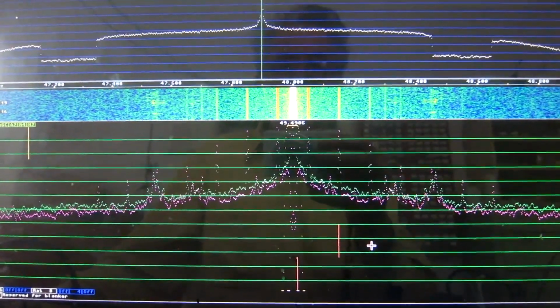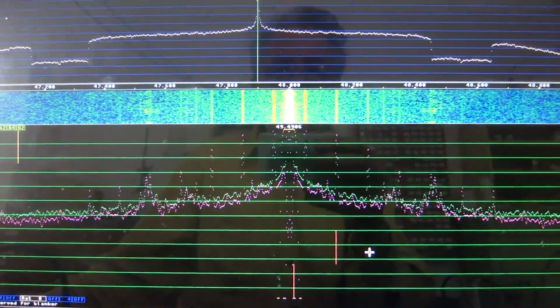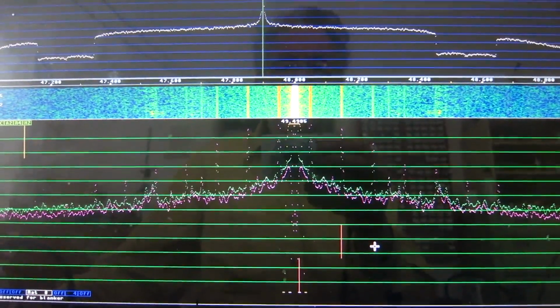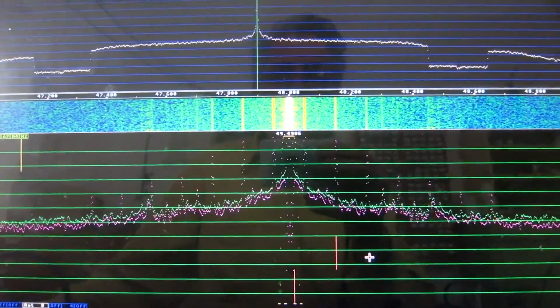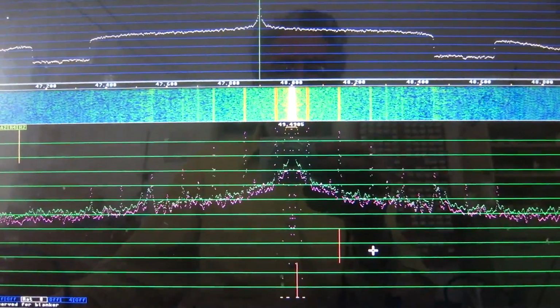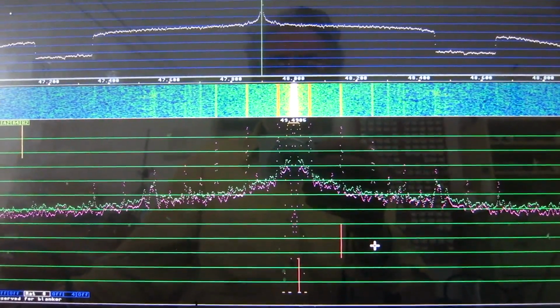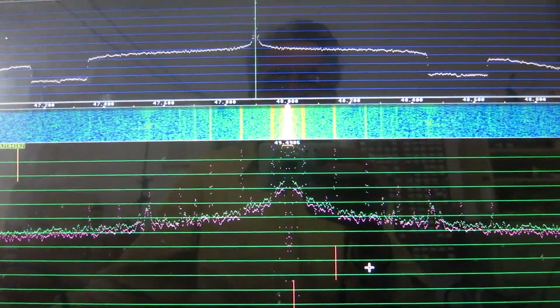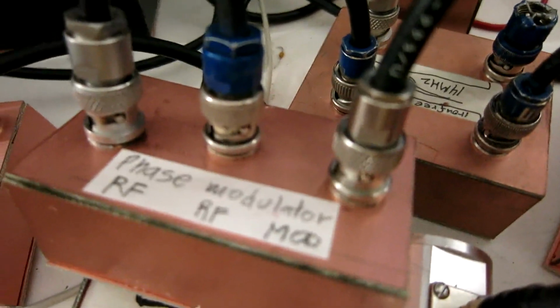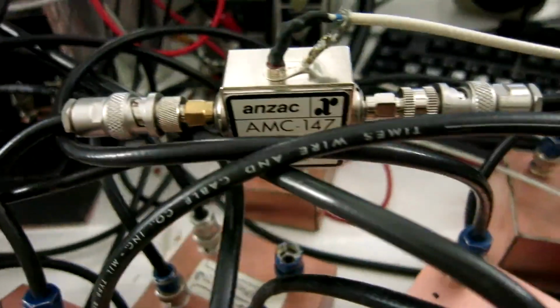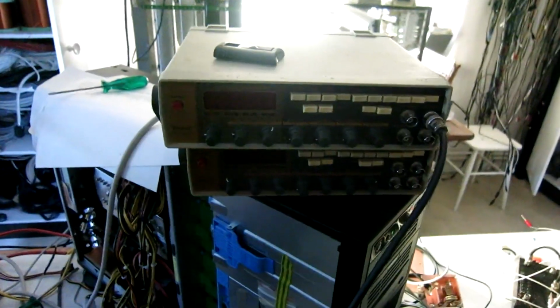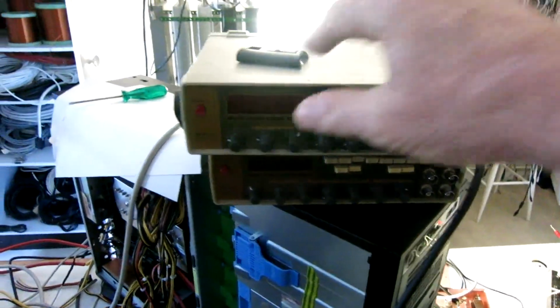But an odd phenomenon is now the noise is equal in I and Q, meaning there is an equal amount of AM noise and FM noise. And this is a little bit unexpected, so I have inserted a phase modulator here, immediately in front of the amplifier, so I can apply frequency modulation. I switch on this generator,